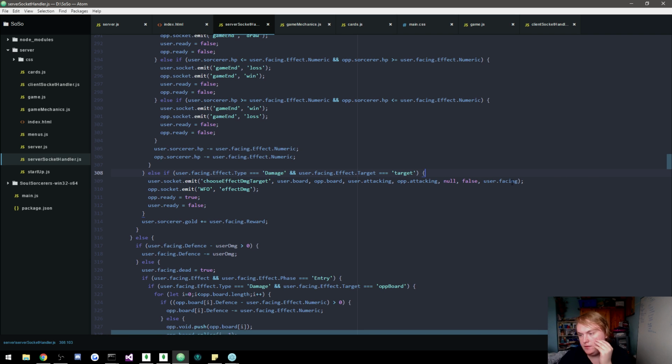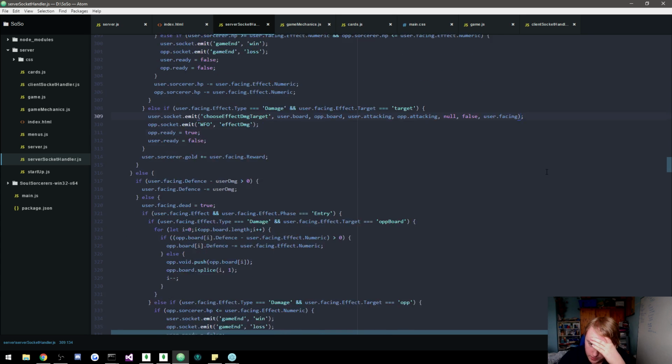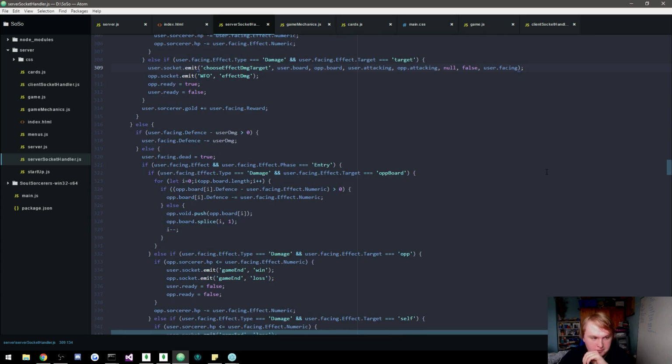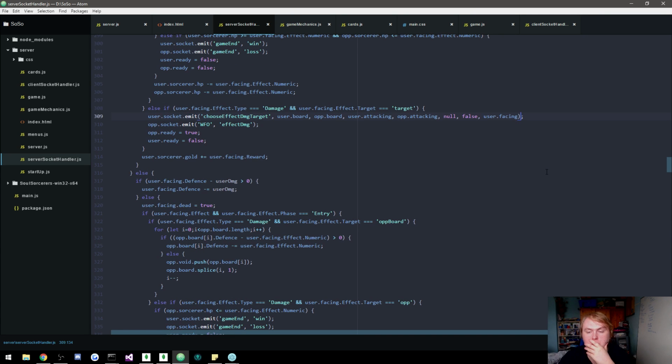So where we pass this in, if we... But the thing is, we're already setting the op.facing to null. Aren't we? Yeah. No. Maybe. Think. So if the op.facing does get set to null,